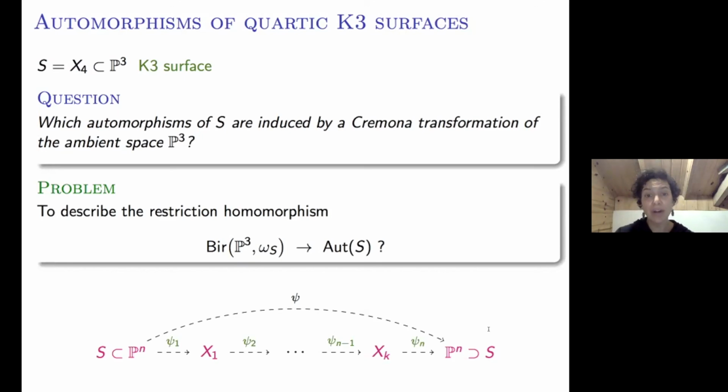that preserves S, it admits a Sarkisov factorization. And what we have to do is to understand step by step what are the possible links and what are the aspects of the surface that are involved in each of these links. Each of these links is a birational map, and it may do something to S, or it may restrict to an isomorphism of S. So S may not notice this psi. But the way that they are defined, they actually trace some curves on S, and then we try to use this information to address this type of problem.